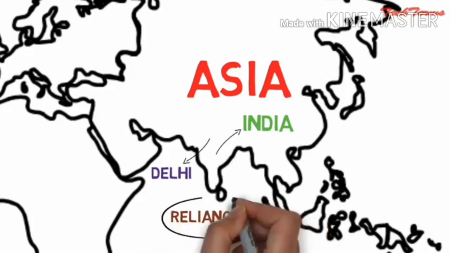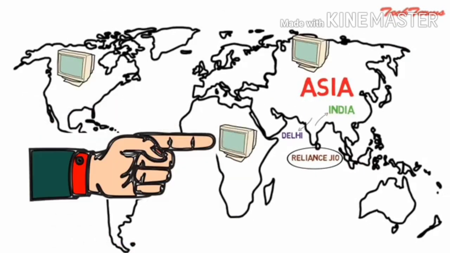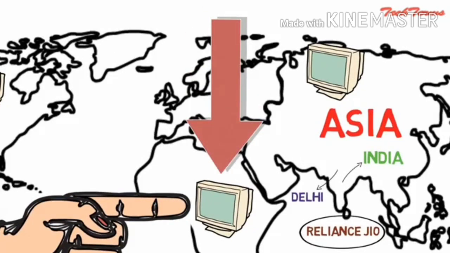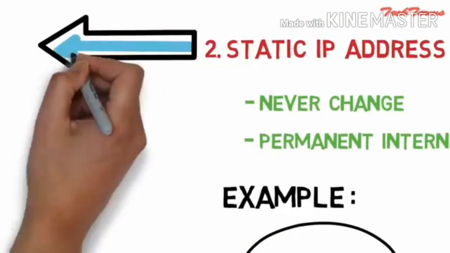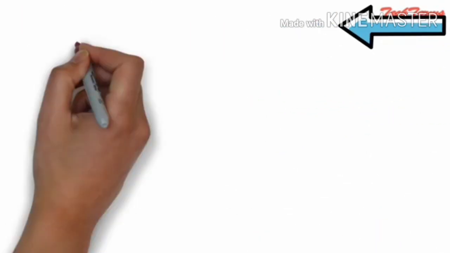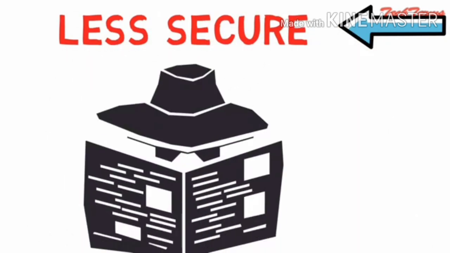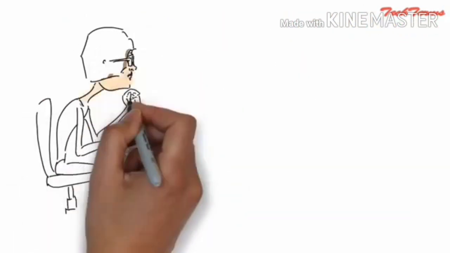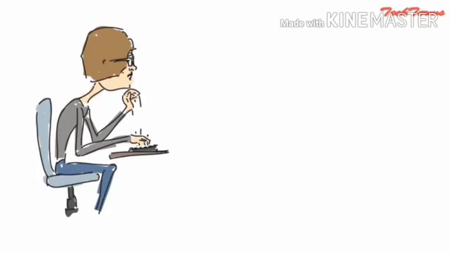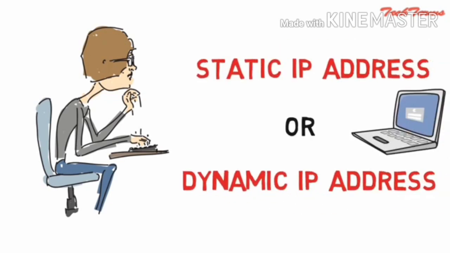Once we know who is the internet service provider, we can trace the location of the device connected to internet. Therefore, IP address allows billions of digital devices to be pinpointed. Static IP addresses are considered somewhat less secure than dynamic IP addresses because they are easier to track. However, following safe internet practices can help you to keep your computer secure no matter what type of IP address you use.